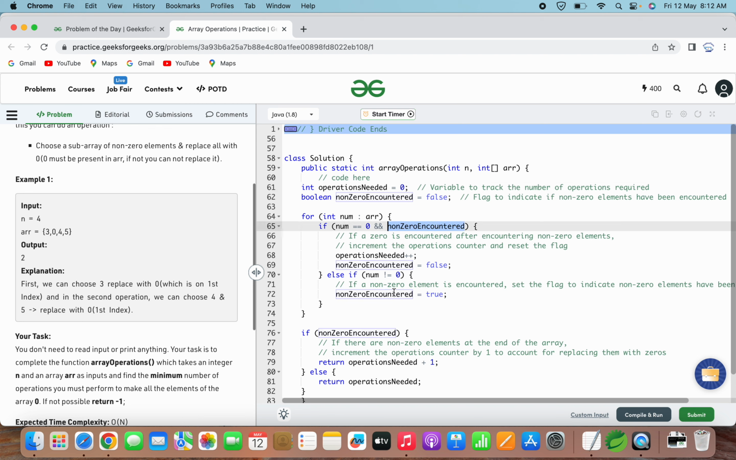So whenever we get non-zero encounter as true, at that time we can say that we have got a subset with at least one element that is non-zero. So as and when, until we get the next 0, we can consider that particular range of the set. That will be a part of the subarray. Okay, so after this